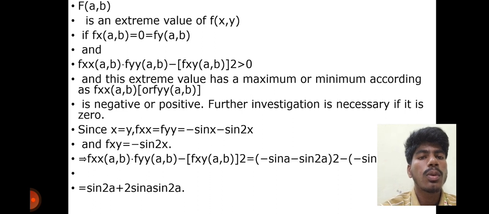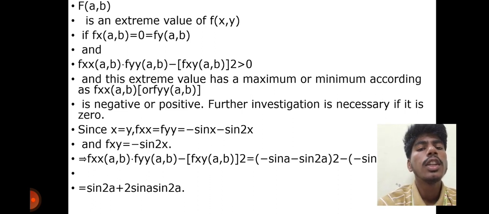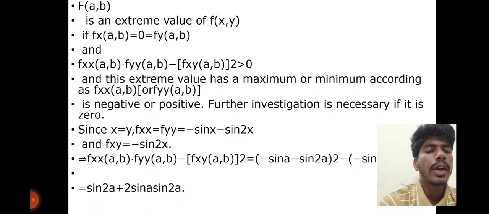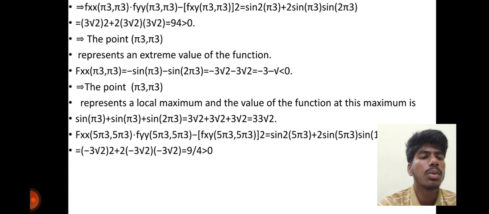Now the negativity or positive, further investigation is necessary if it's 0. Since x is equal to y, f double integration y is minus sin x minus sin 2y, and f of x with respect to y is equal to minus sin 2x, and f double integration with respect to x at a comma b, f of double integration a comma b minus f xy of a comma b into 2 minus sin a minus sin 2a